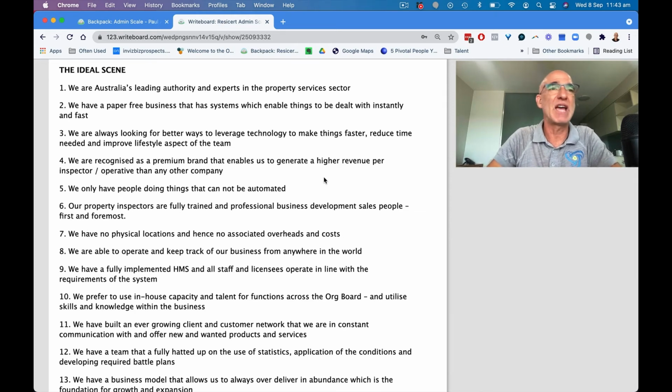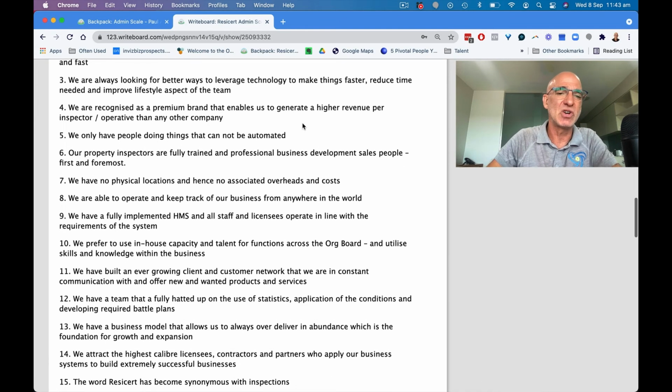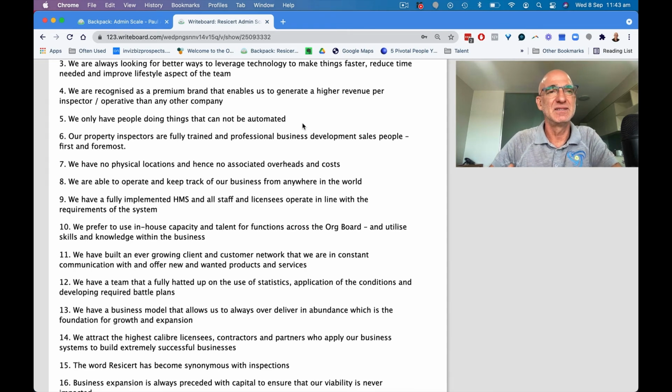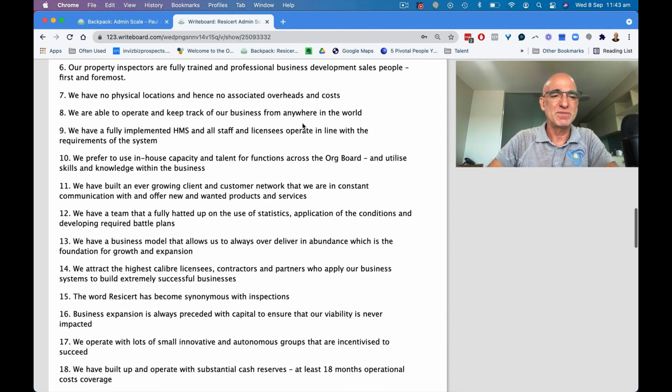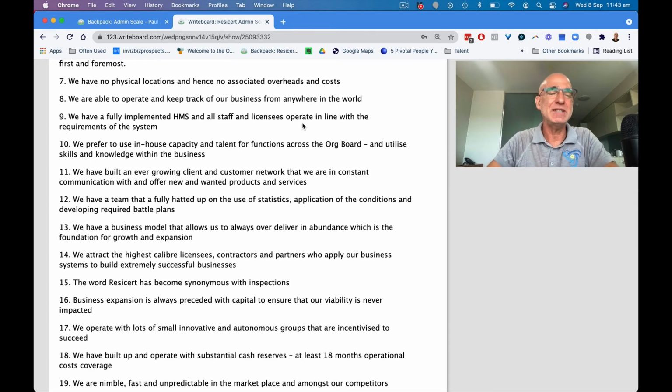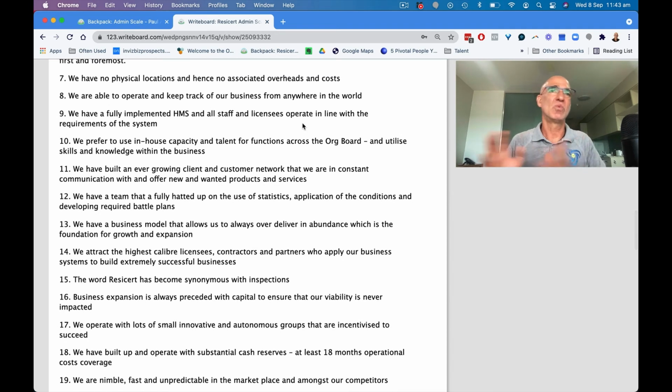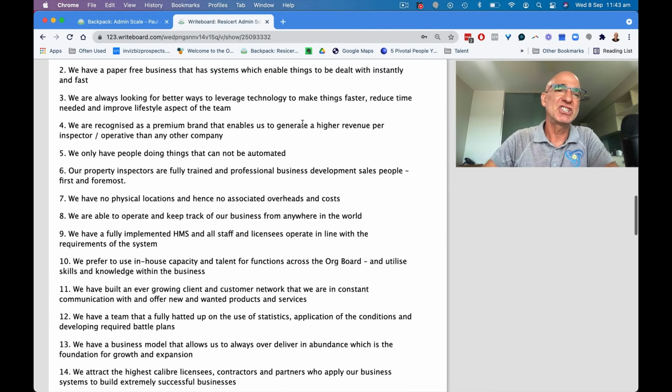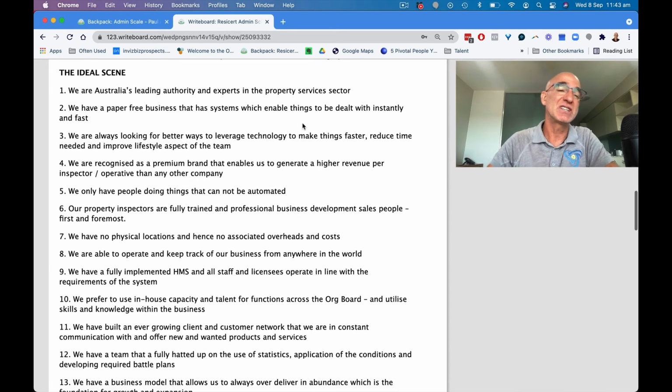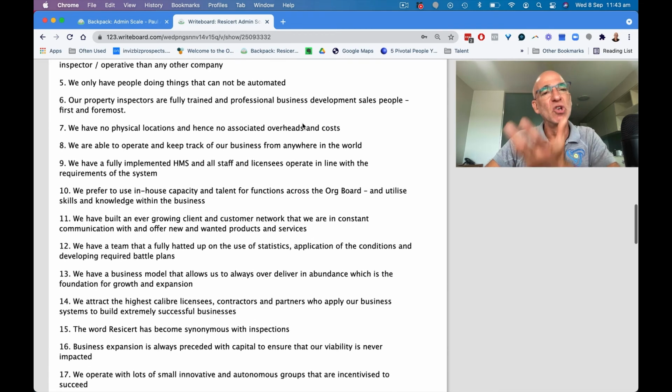So this hasn't been by accident. All of these items on here have been achieved, and I have what I would consider with ResiCert my ideal business, or my ideal scene for that business. And it's because of this high clarity, which has been in place for over a decade, which has enabled me not to wander off and, in essence, build a business that would be someone else's business model instead of my own. There'll be information I can share with you, more details relating to the ideal scene, but it's quite amazing to look at this process